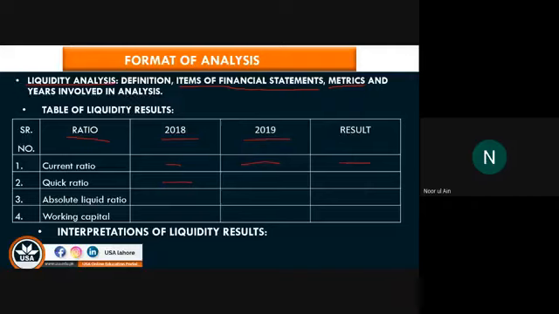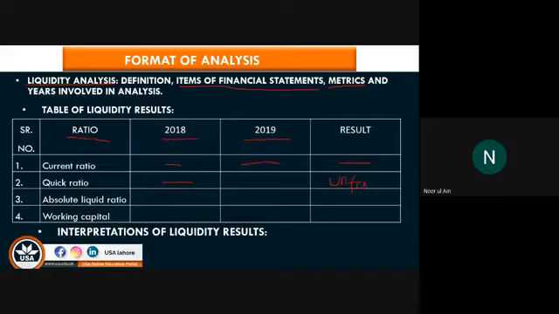But if the results are decreasing over a year, you will write in the result column that the answer is unfavorable. For instance, in quick ratio, if your answer is 1 in 2018, while in 2019 the answer is 0.8, you'll write in the result column that the answer is unfavorable. Fine. You'll use simple terminologies such as unfavorable. You'll write in words,